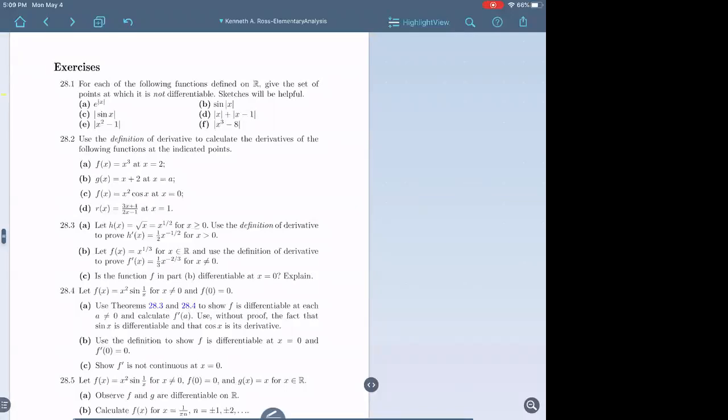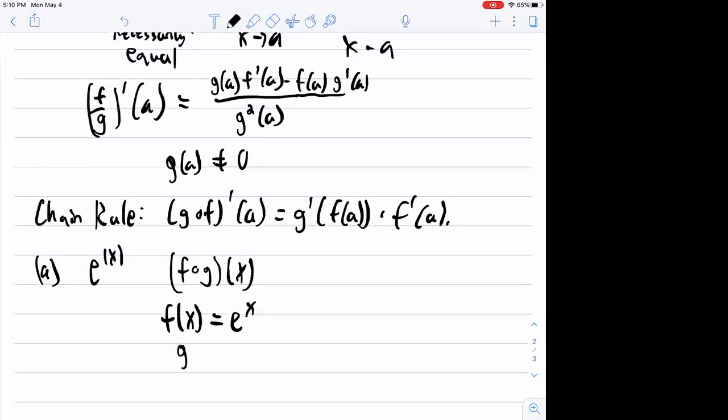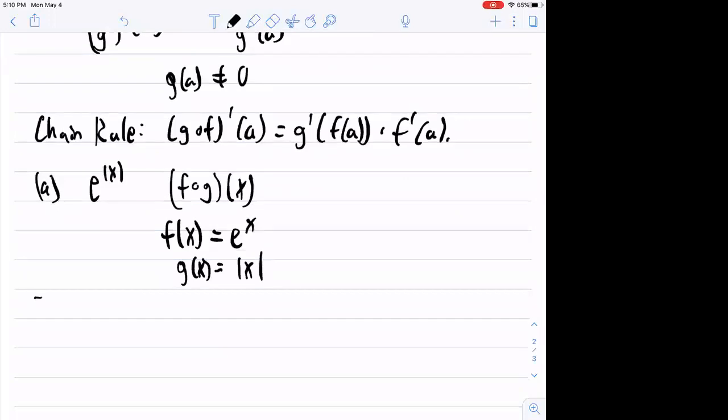So here, let's do part A, e to the absolute value of x. We need to give the set where it's not differentiable. So certainly, you all know that this is the composition f composed g of x, where f of x is e to the x, and g of x is absolute value of x, right? So one thing you know is,